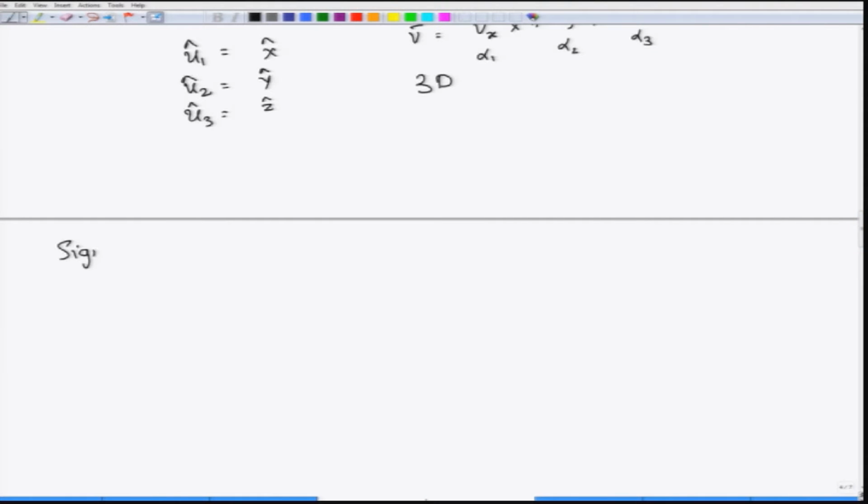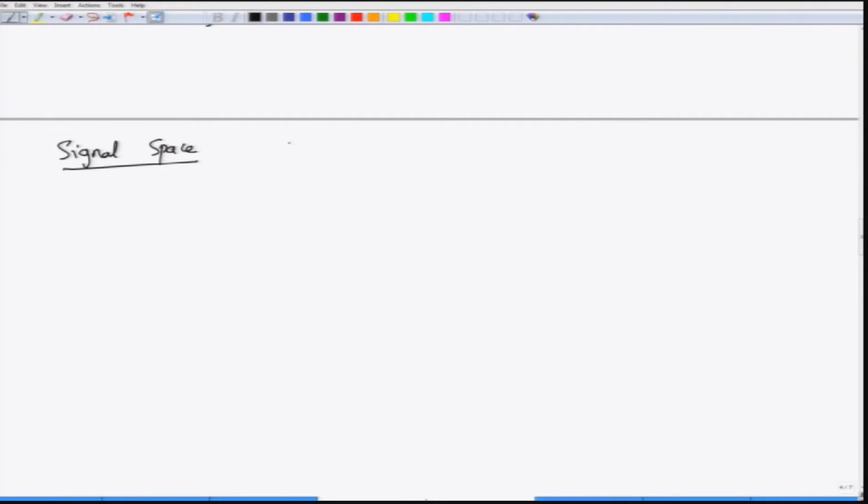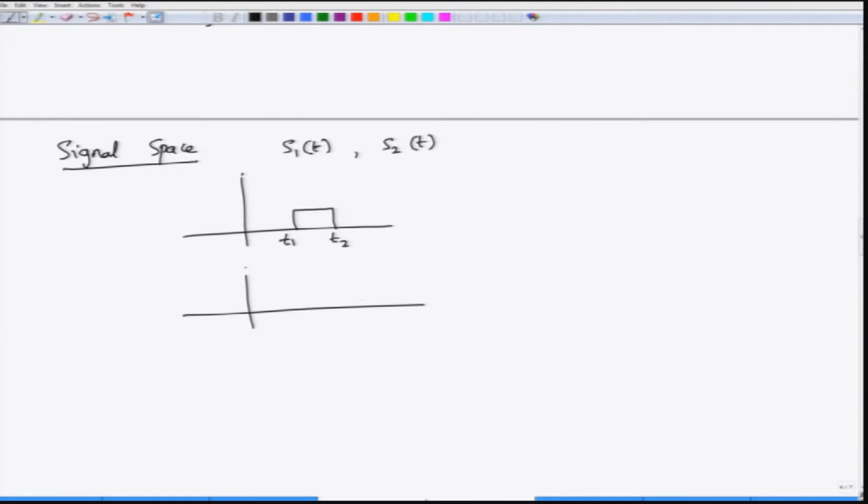Let us consider a very special space called the signal space, which we will be encountering quite often in our study. This signal space is actually formed by signals. Let us consider two signals S1 of t and S2 of t, maybe of this particular shape. They are of duration t1 to t2. That is one signal. Then I have one more signal here which goes between t2 and